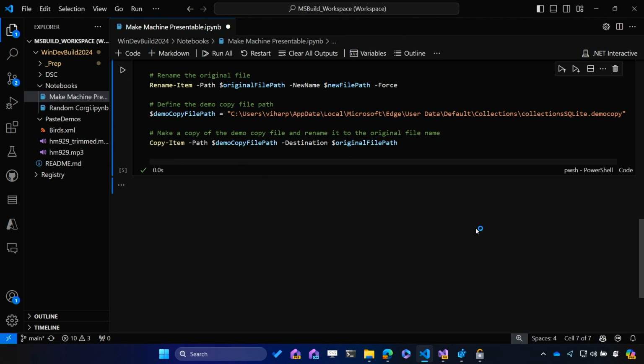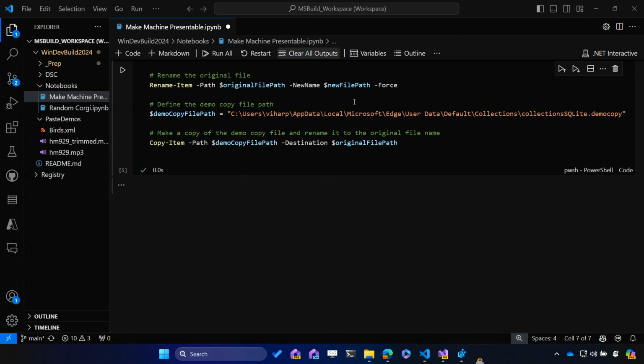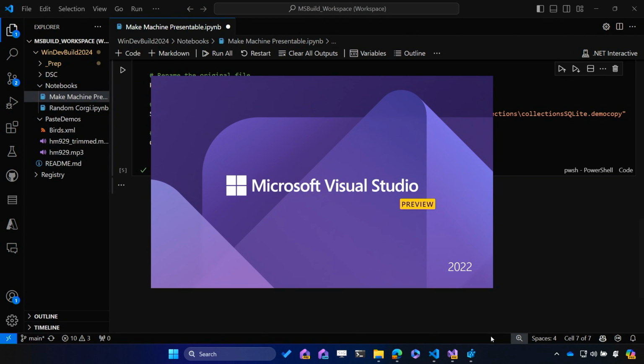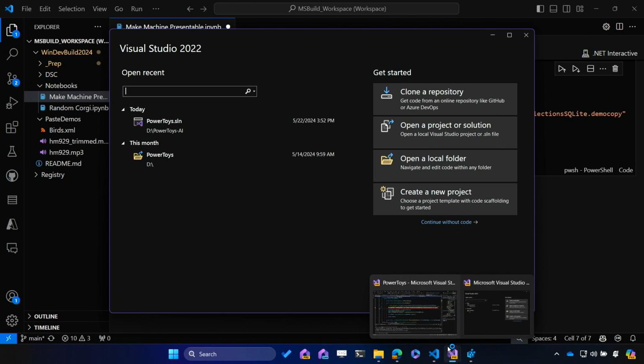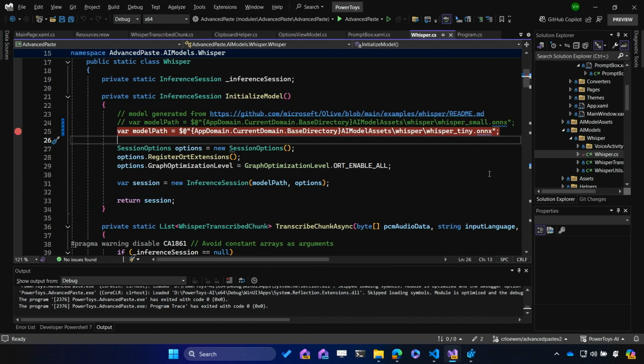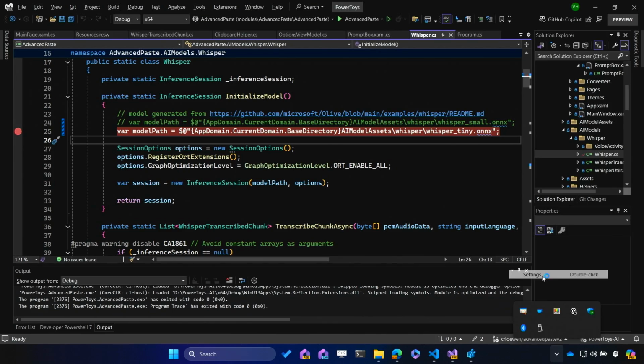So I've been using PowerToys this whole time, but I've got a little confession to make. I'm actually not using the publicly available build. I am using my own dev copy of it. A private build of PowerToys. A private build of it. And here it is. So it's already open. I don't know if anybody saw, but we announced a thing in PowerToys called Advanced Paste. So I'll just go ahead and pull this up and show you the settings.